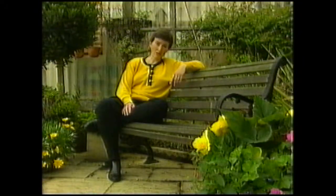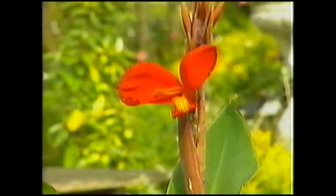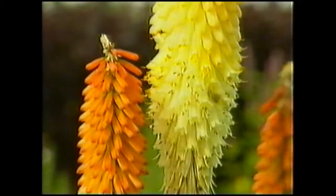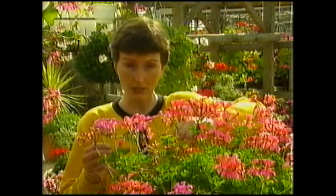But animals are not the only aliens to find their way into the country. Plants can also be carried around the world. Many garden plants are wild flowers in other countries and only brought to this country over the last couple of hundred years. Most garden plants need careful cultivation. They need the care and attention of a gardener and can often only really survive when they're safely inside the garden. But some plants, those that are strong growing or that can seed freely, can escape out of the garden